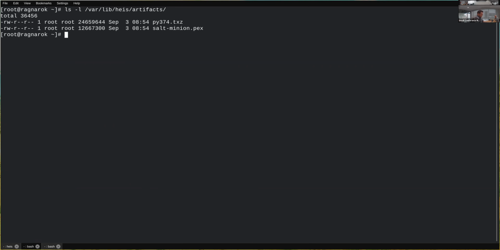I still need to publish the toolchain for creating this standalone install of Python. But then using that standalone install of Python, we distribute a salt minion PEX file. The salt minion PEX file gets built against the standalone version of Python so that it's using all of the same headers, et cetera, and it's compatible with that version.